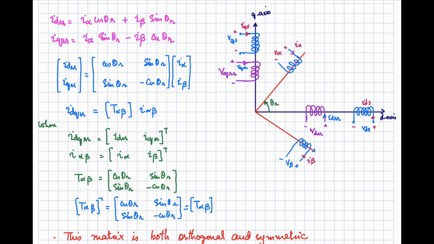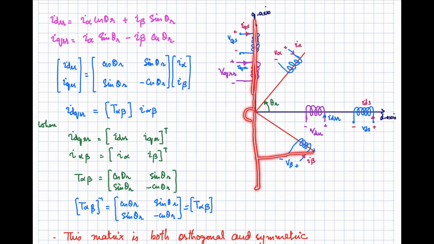So what will that be equal to? If this angle is theta r, this angle will also be theta r, right? So if you take the cosine, you will get this projection, but this is opposite with respect to this one. This axis has been considered, so that's why you can see the negative sign over here. Minus I beta into cos of theta r will give you the projection of this current I beta along this axis. The opposite of this one is this one, so that will be considered as negative.